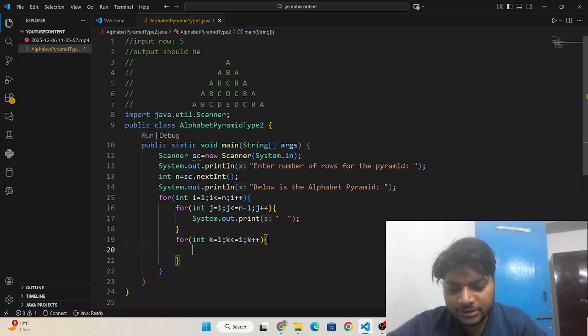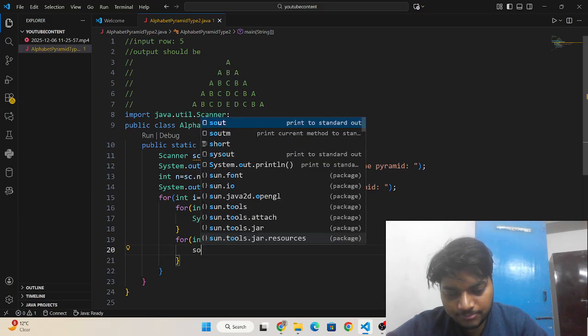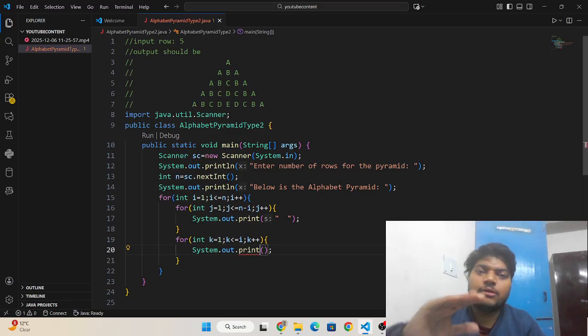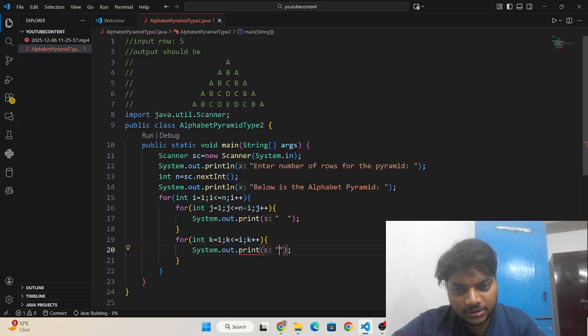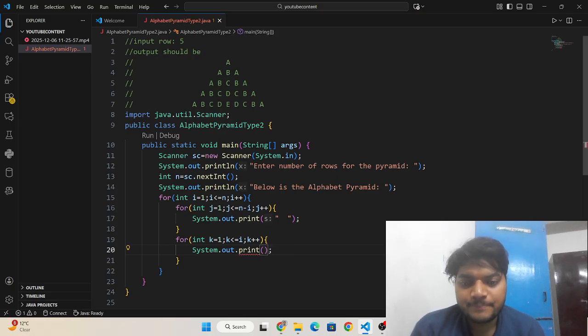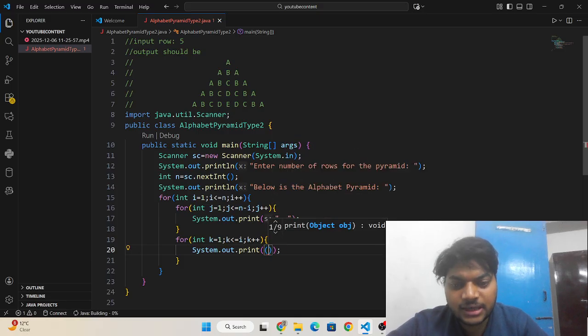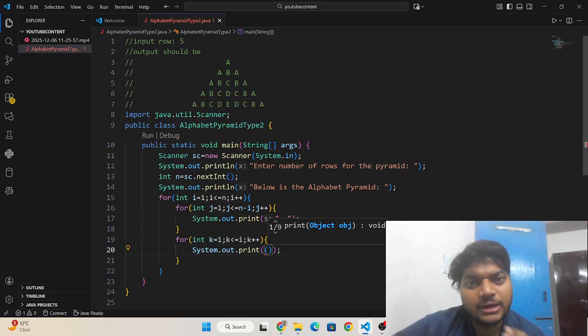Then I need to write println as the output statement, and first I need to write a number which is the ASCII value of the element.